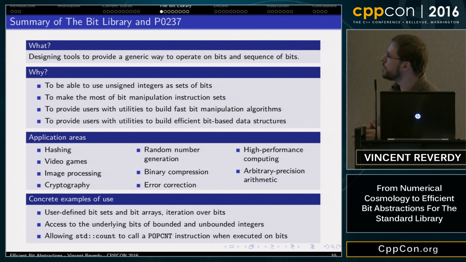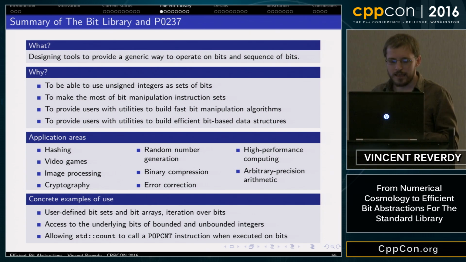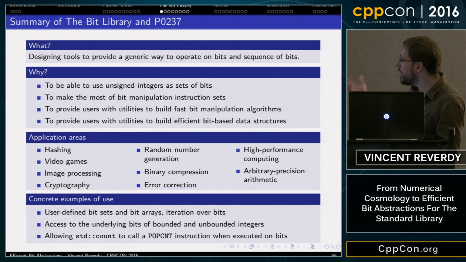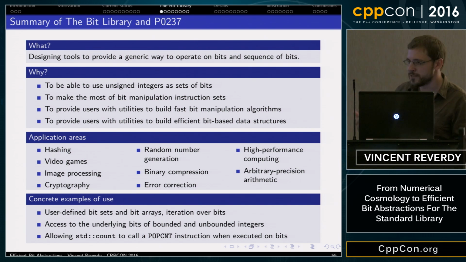For example, user-defined sets and bit arrays. With what we provide here, it should be very simple to implement them. And access to the underlying bits of bounded and unbounded integers, allowing people to implement their own algorithms. For example, here a specialization of count that calls the popcount instruction when executed on bits.